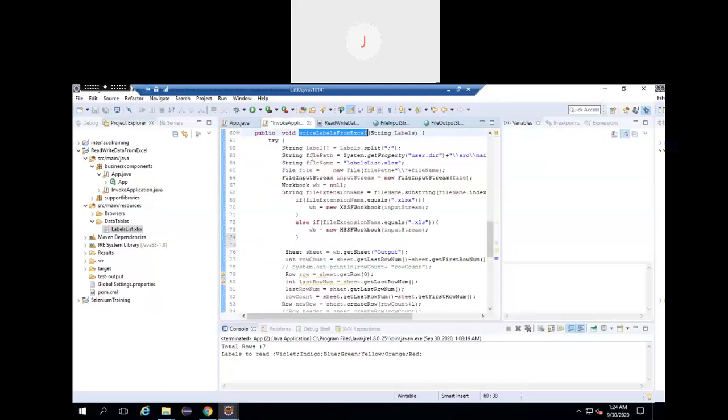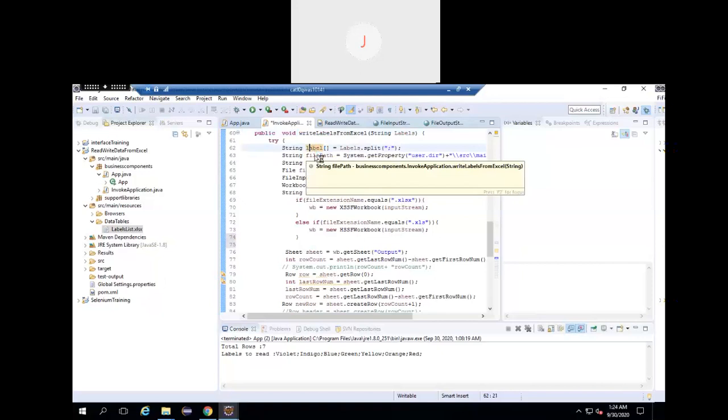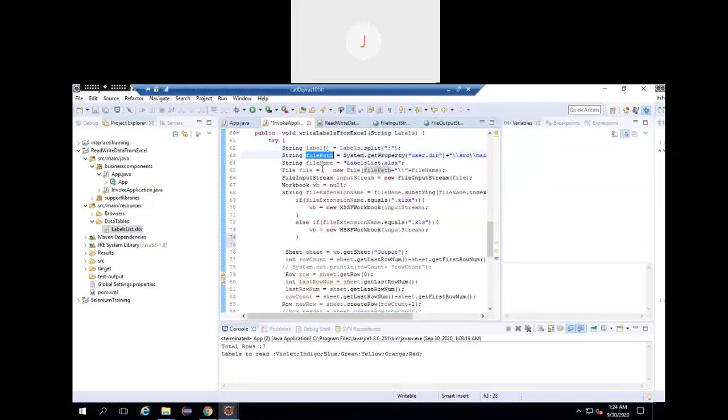To write the labels, I've stored all the labels, I mean all the colors, in the label array. Also, this is the file path where I'm storing. I'm just telling that this file is saved over here in this path.